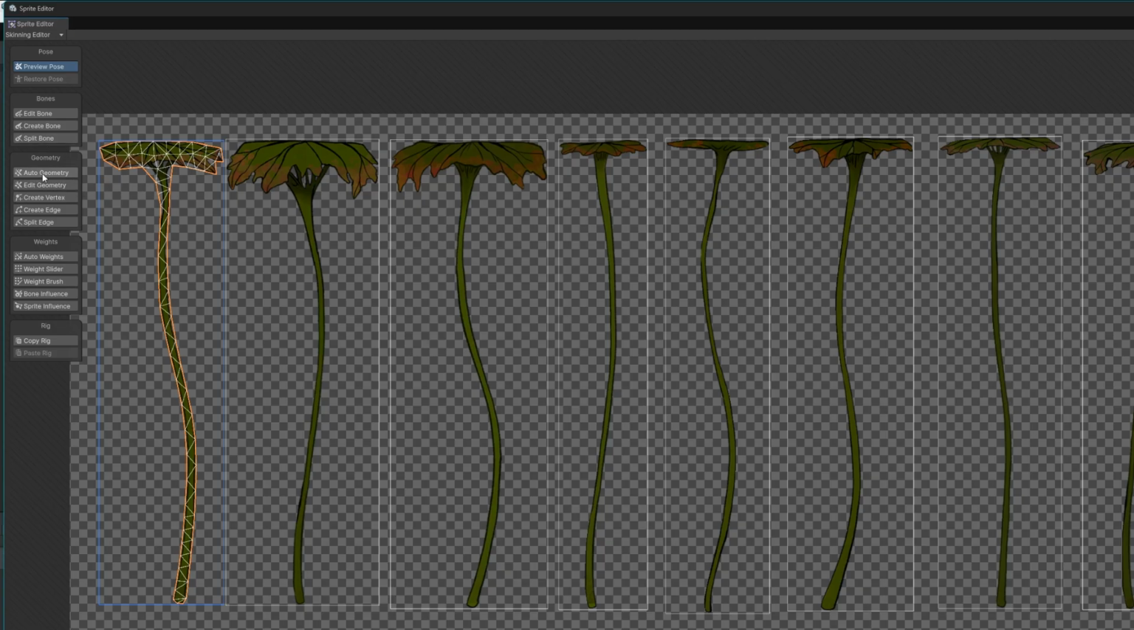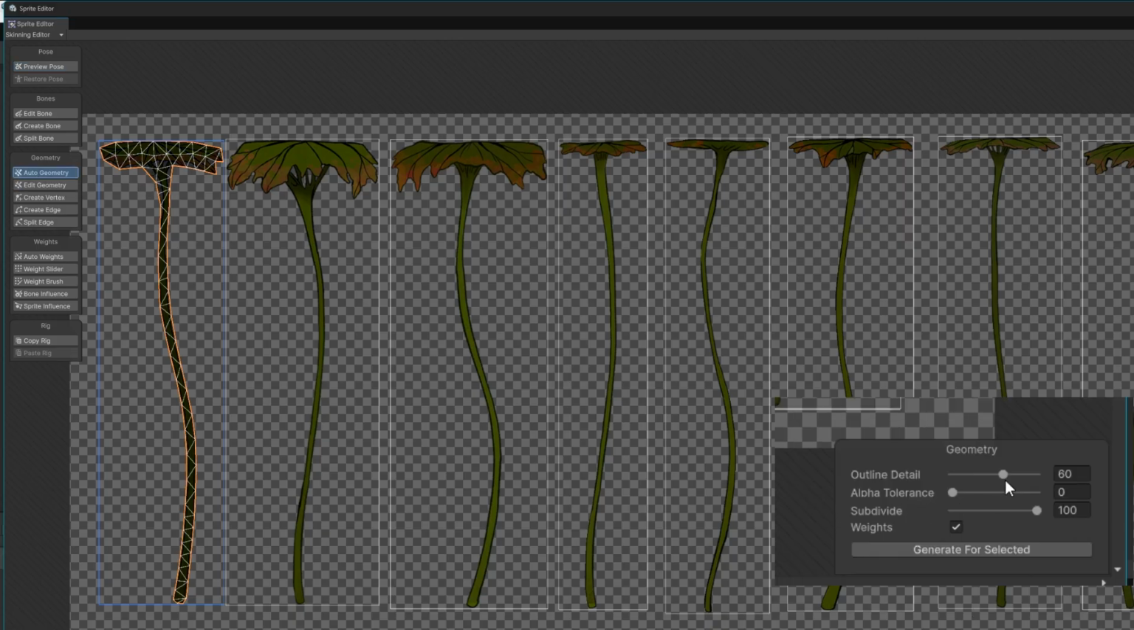increase that. So I'm going to go down to geometry and auto geometry. I'm going to increase this. This should be the same as all of them. So I'm just going to hit generate for selected. I want that subdivide to be 100. I want it to be a little bit more so that we can actually see the weights and the texture actually move